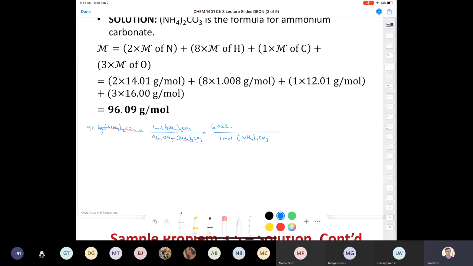Anyhow, we got moles of ammonium carbonate canceling out. And when you punch all that into your calculator, you end up with 2.61 times 10 to the 23rd formula units of ammonium